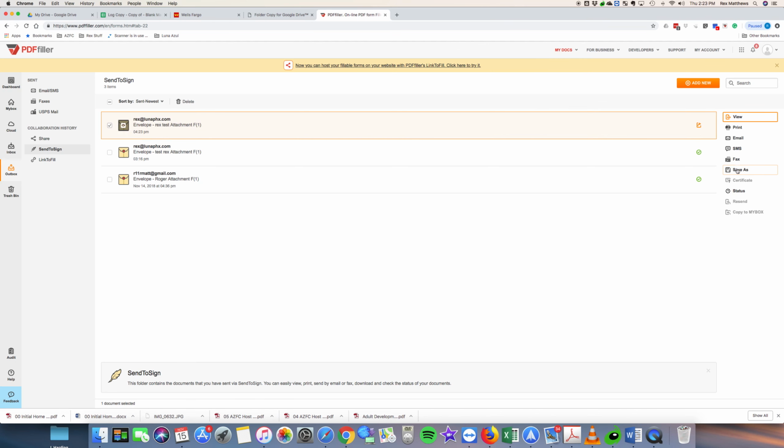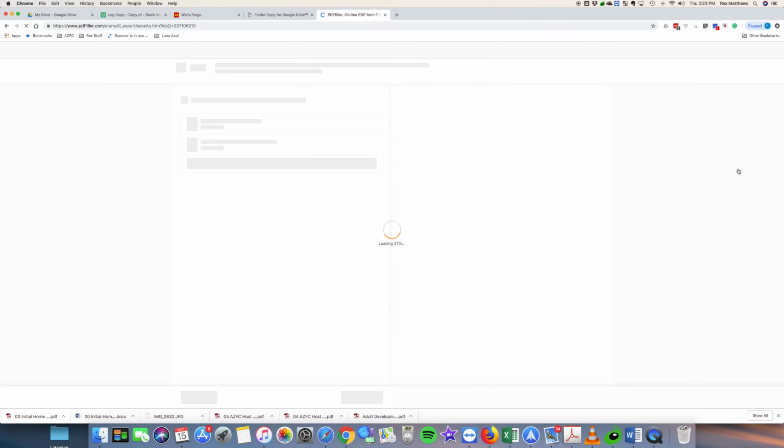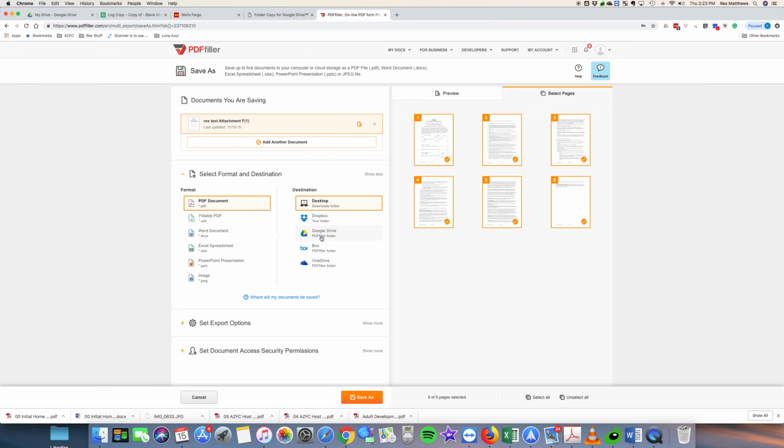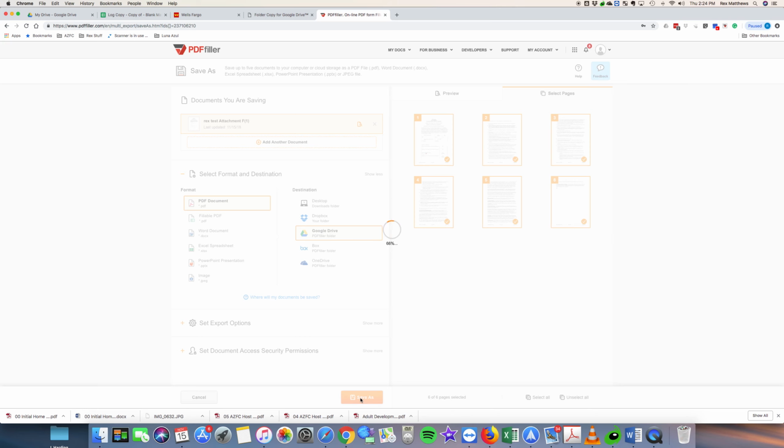You can click on it and just hit Save As if you want. And when you hit Save As, once you set it all up, you can save it as a PDF right to your Google Drive. And then once it's there, you can do whatever you want to it. I've actually been having a few little issues with saving it to my Google Drive. I'll show you, see if it works this time. But I actually set up my Dropbox as well. I can save it there and then drag it over, and sometimes it's a little bit easier. But if I save this one here right to my Google Drive,